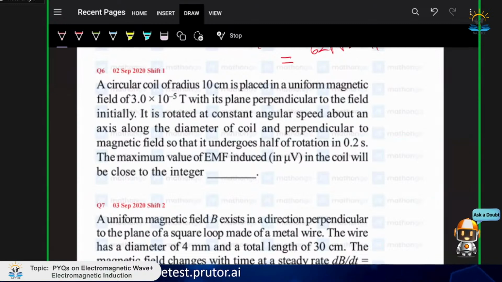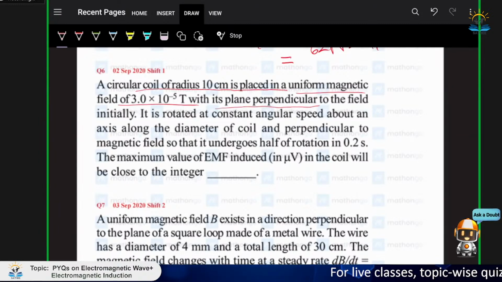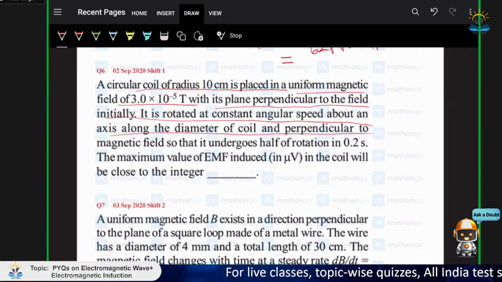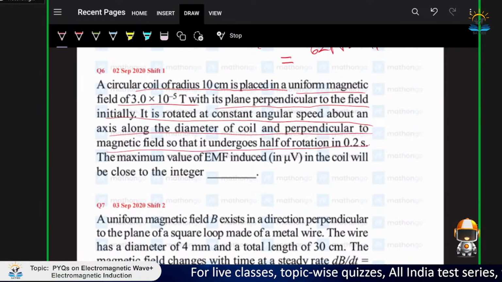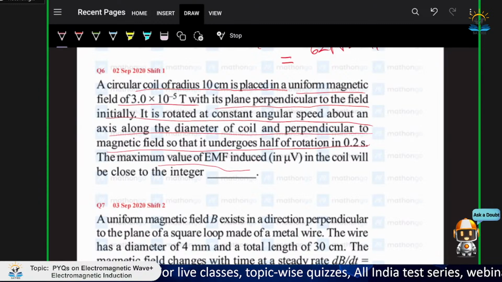Yeah, moving to the next question. A circular coil in a magnetic field of 3 into 10 raised to minus 5 Tesla. Its plane is perpendicular to the field initially. It is rotated at a constant angular speed about an axis along the diameter of the coil, perpendicular to the magnetic field, so that it undergoes half rotation in 0.2 second. The maximum value of EMF induced in microvolt in the coil will be